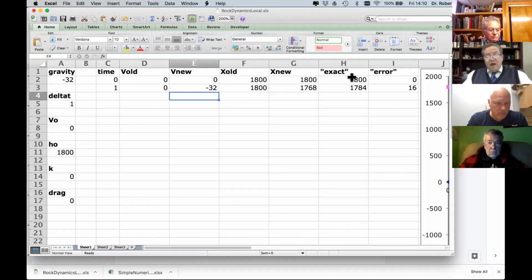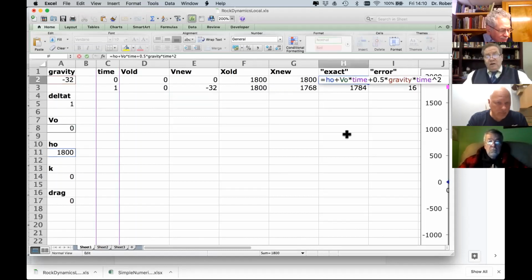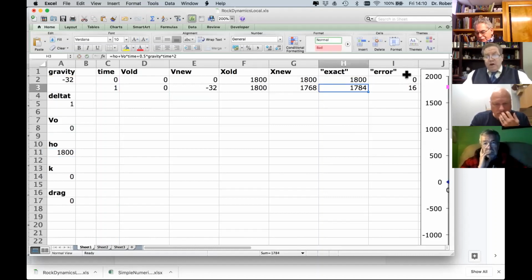For the exact, I actually typed in the formula as if you had integrated it exactly. And it looks just like you would expect, using the names of the cells rather than $H, $32. We can make it very reasonable. And so that's what we're going to compare, the error being the difference between the two Euler integrations and the so-called exact